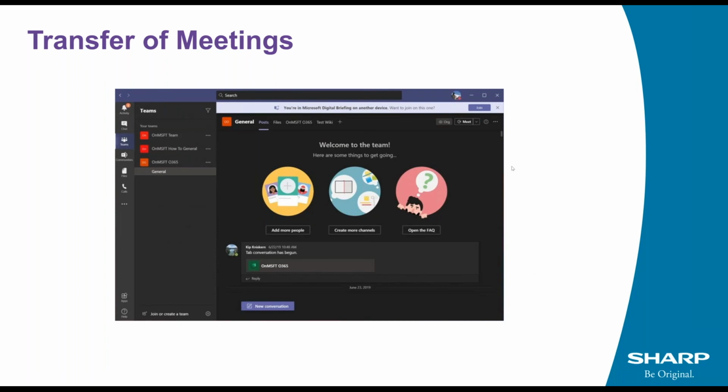So when you open up your desktop app, it will know that you're already on a call on your mobile, and you can simply click join, and it will then transfer that call to your desktop seamlessly without the other people in the conversation knowing. And even if you want, you can have the call going on both your mobile and desktop at the same time if you so wish. Completely up to you.